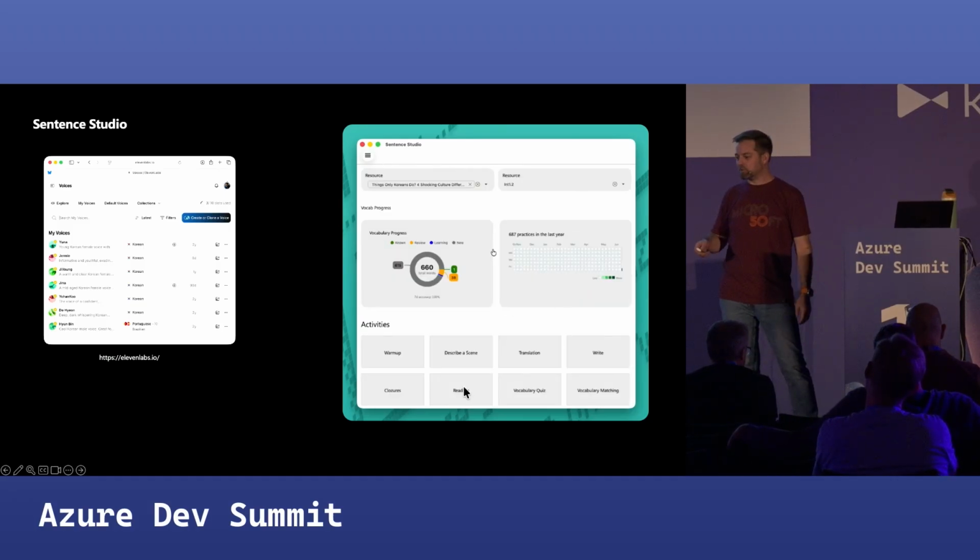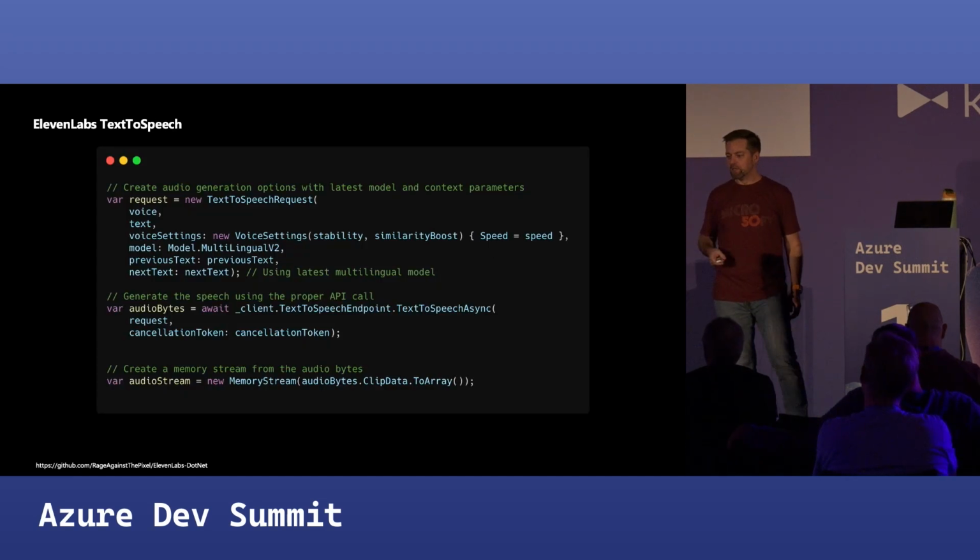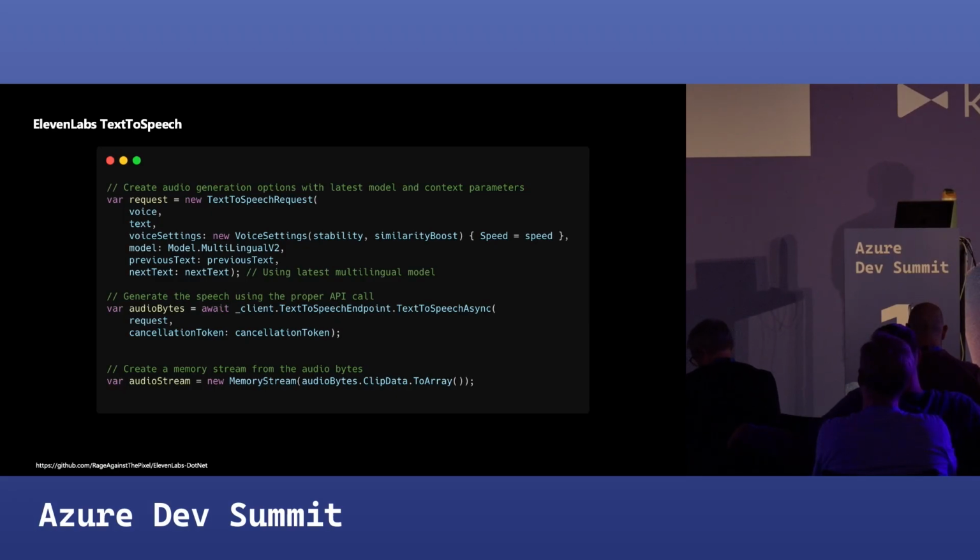So 11 Labs, that's your go-to for that. The implementation is super easy, and you can see it looks very much like everything else that we've been doing. We create a request, then send the request to the 11 Labs client. We get back the audio bytes, and because I have a beautiful plugin.maui.audio, I can provide that audio stream right to the player and play it. I can also save them for later playback using the file system I/O that's baked into MAUI and is fully cross-platform.